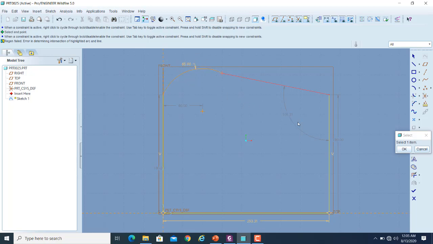So what you can do now is that if I make these two entities tangent to each other, then we can change the entities. So sometimes you may come across these types of problems while dimensioning the entities. If you want to change one dimension, it will affect some of the other dimensions, and it will ask you to update them, or